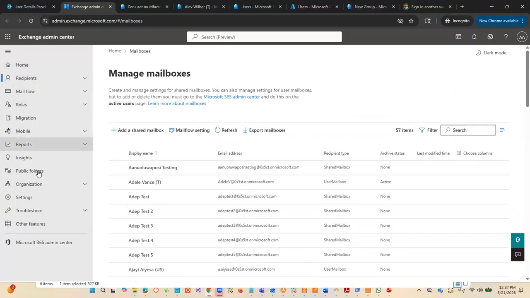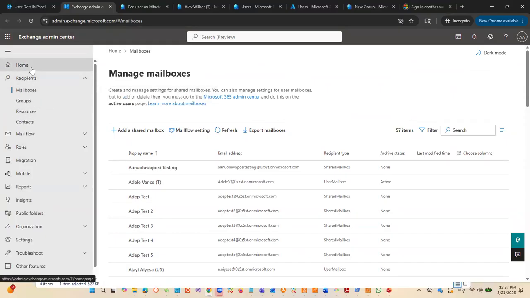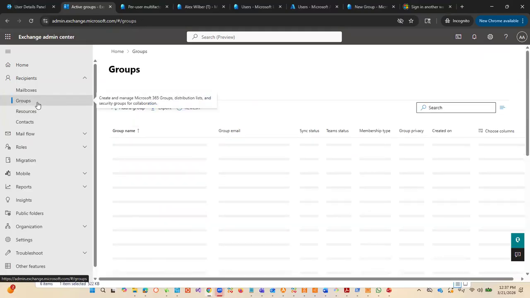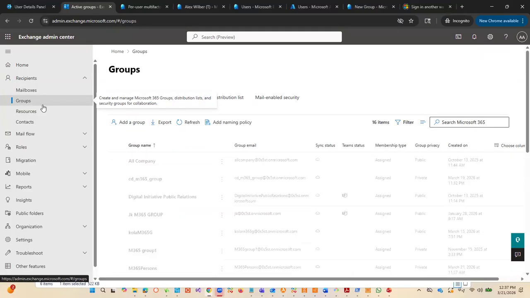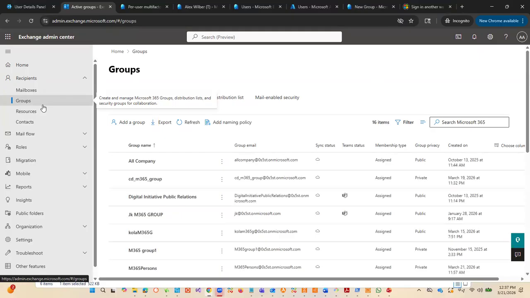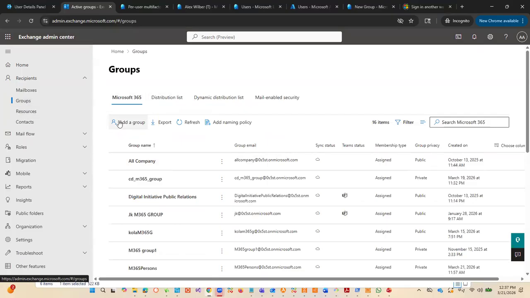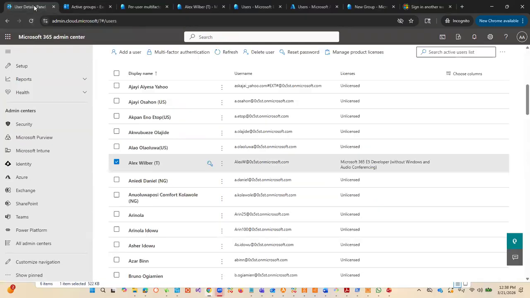Now, you look at the structure of this thing, and I also want us to take a look at this admin. This is recipients, and recipients now includes mailbox, groups, resources, contacts. We're going to take them one by one. Mailbox is what you're seeing, including users and the mailbox itself. And for groups, you know how groups work generally. So for group, when we click on group, what do you see? You see a number of things, about four things here. But when you click on groups here,